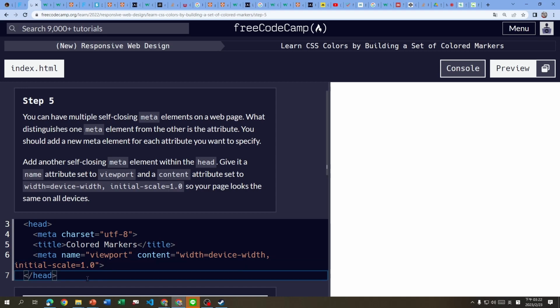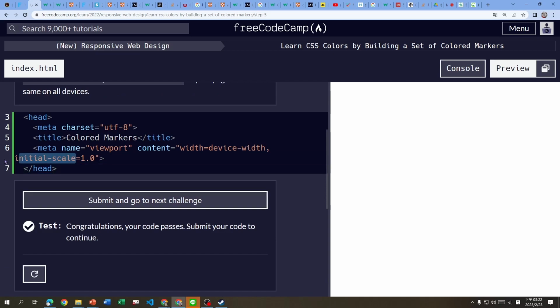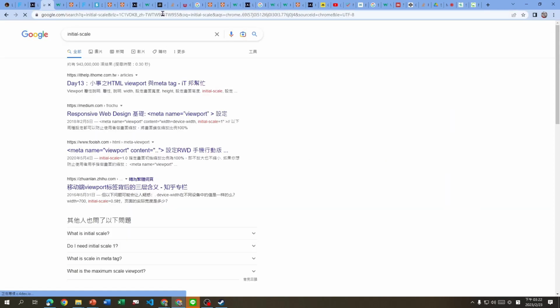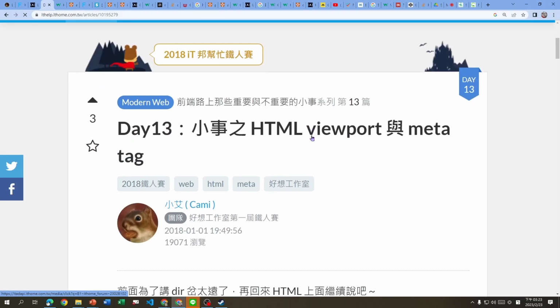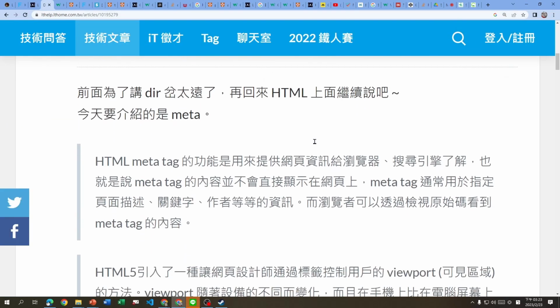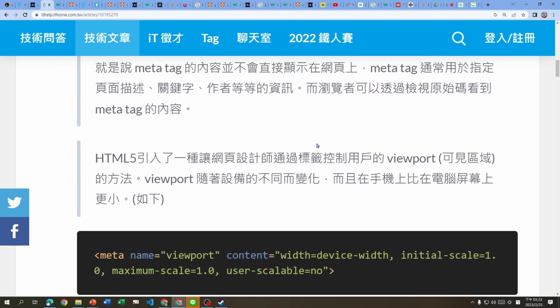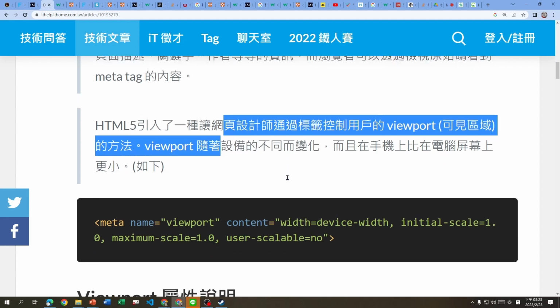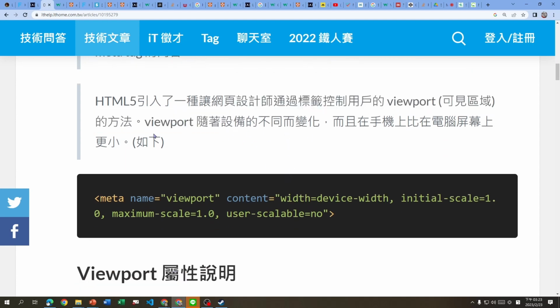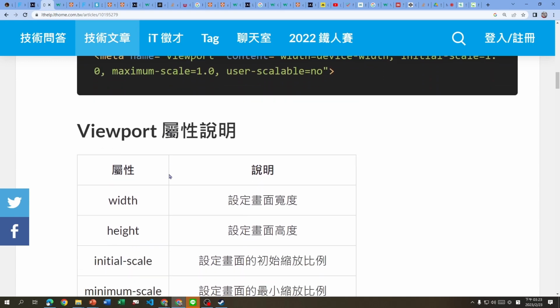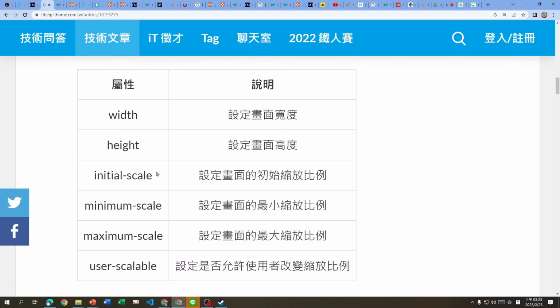So your page looks the same. 但我不太确定 initial scale 指的是什么东西。